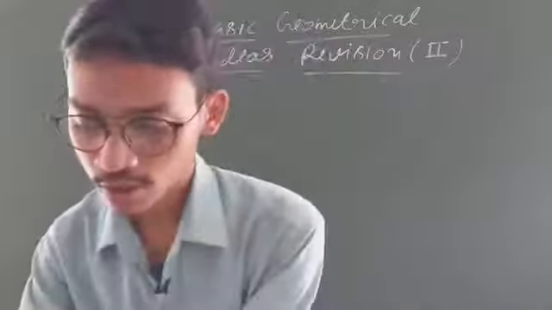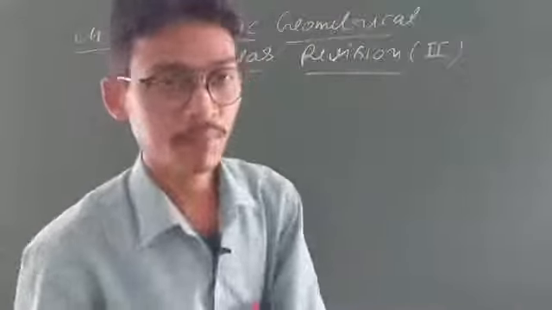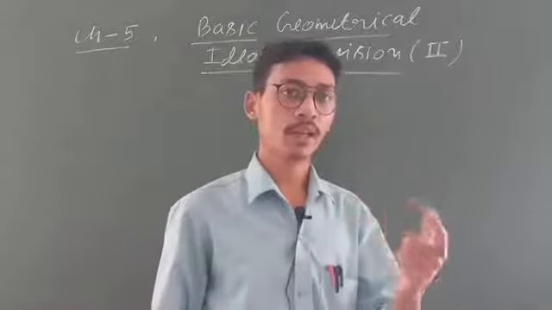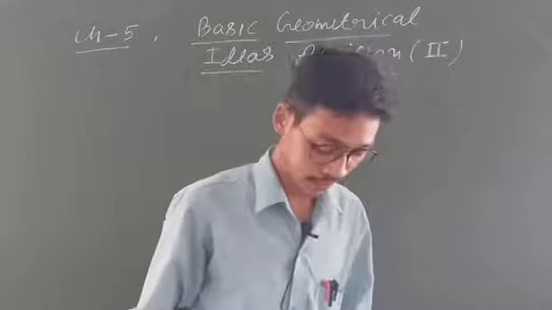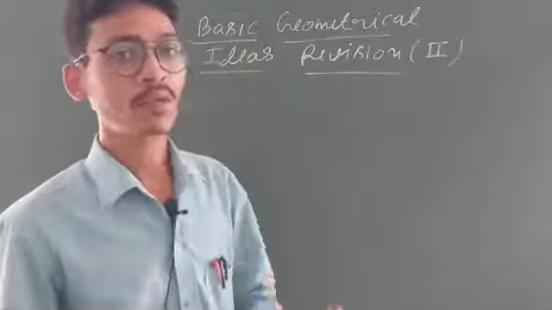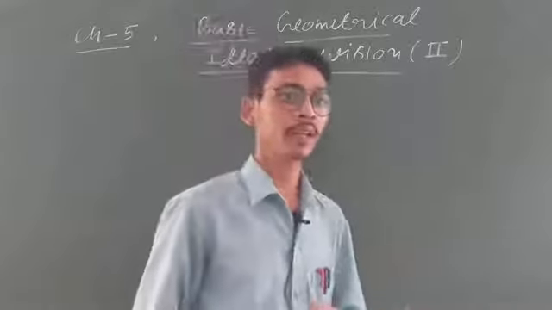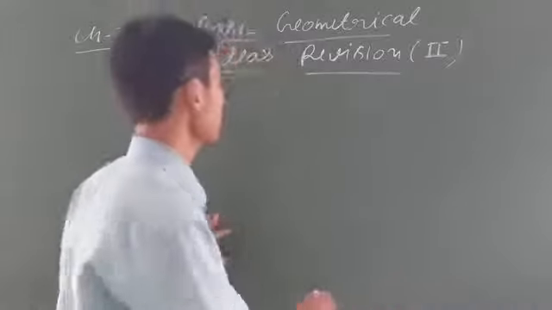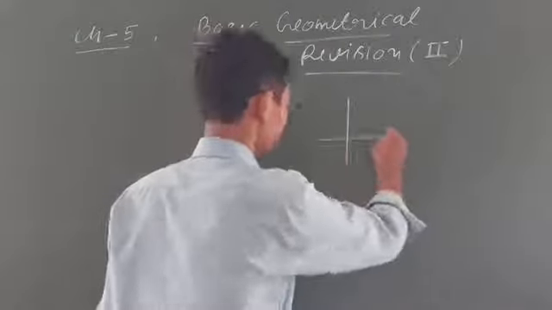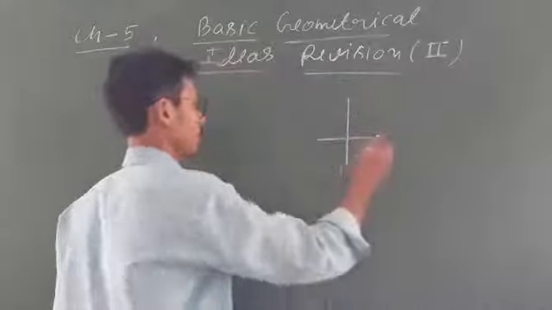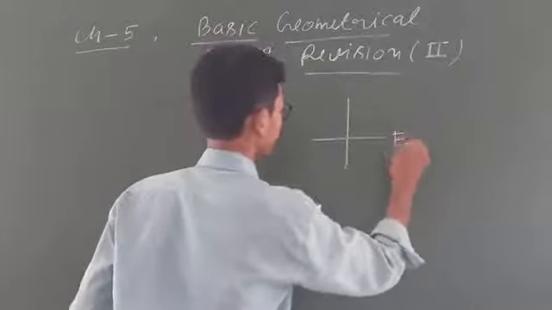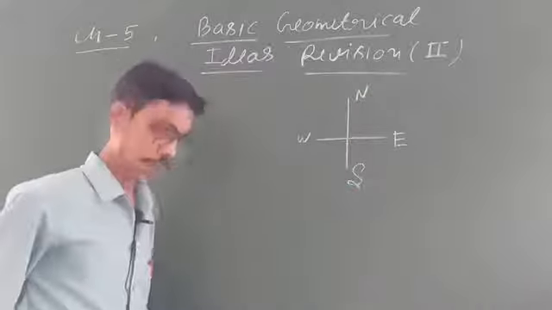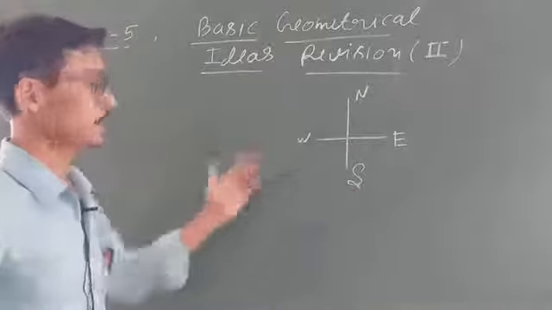Clear, students? Yesterday we discussed some topics, like the angle between the minute hand and the hour hand in every hour is 30 degrees, and you have to count the steps. Then you will find out the time. Clear? Full revolution, half revolution. And we also discussed directions: east, west, north, south. Clear, everyone? So today we will discuss these types of things.